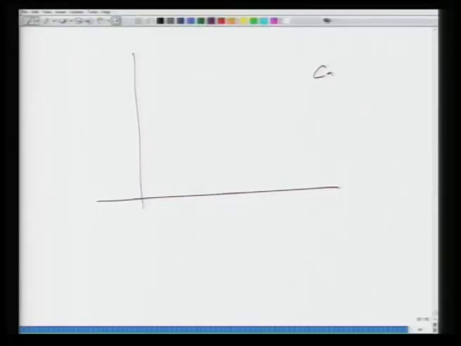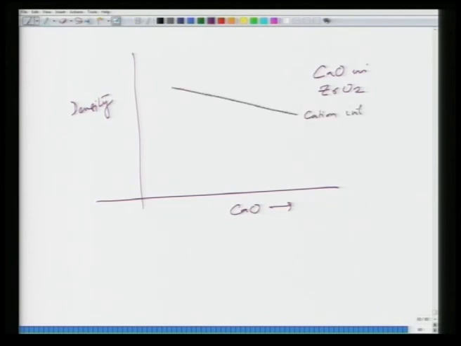So, for example, when you dope zirconium oxide, CaO in ZrO2, the density of these materials also changes, at appreciable large concentration. So, if cation interstitials are present, it is like this, but if anion vacancy is present,